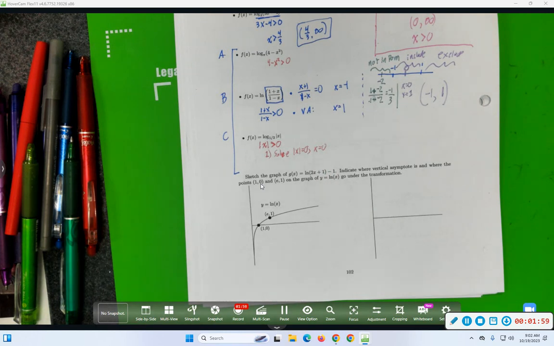So x is 0. And now let's think about some sample points. If I plug in a negative number, is the absolute value positive or negative? Positive, so I should include everything less than 0. What about anything bigger than 0? Also include? Cool. So it looks like 0 is the only thing left to check. Is x equals 0 in the domain of this function? No, because I need absolute value to be strictly bigger than 0. So it looks like the domain